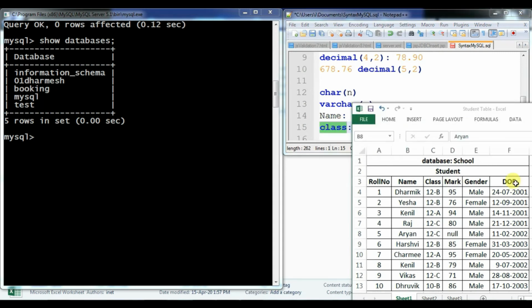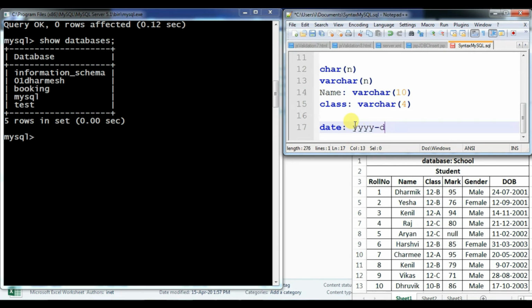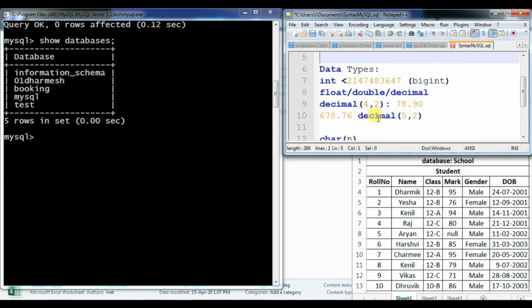One more field is there with the name DOB, that is date of birth. For this kind of value you can use the date format. Date is the name of the data type. Suppose you want to use a value in the format year-dd-mm. There are a lot of formats that you can use to store date and time, but right now I'm going to use this format to enter dates in your table. So these are the basic data types that you can use in MySQL. I'm not saying these are the only data types, but these are the most used data types in MySQL.